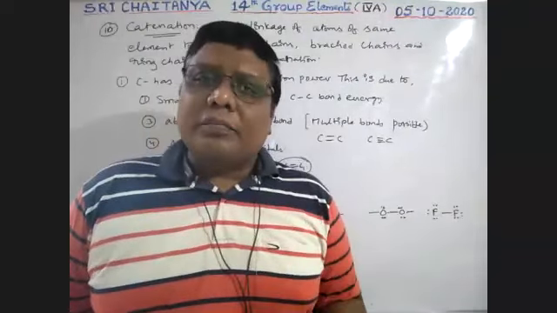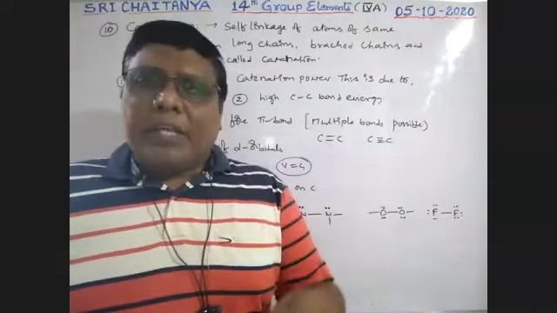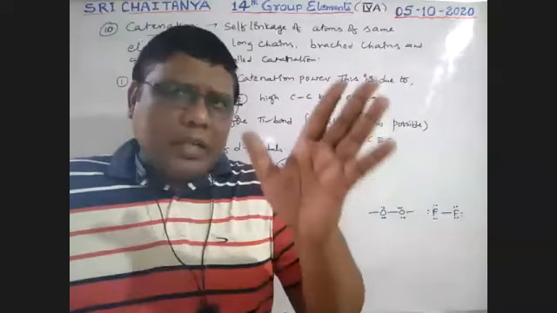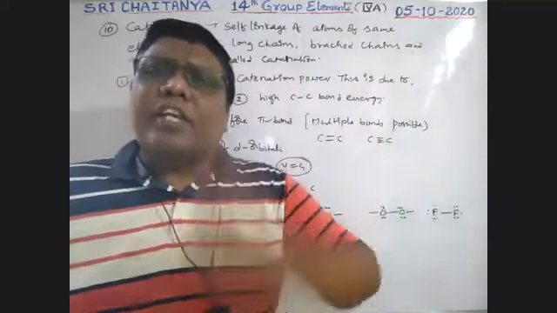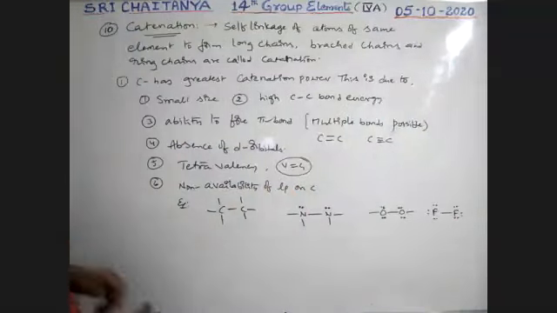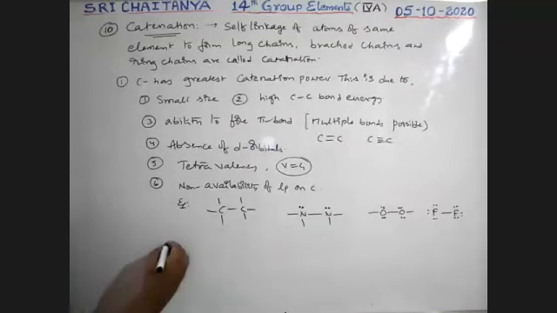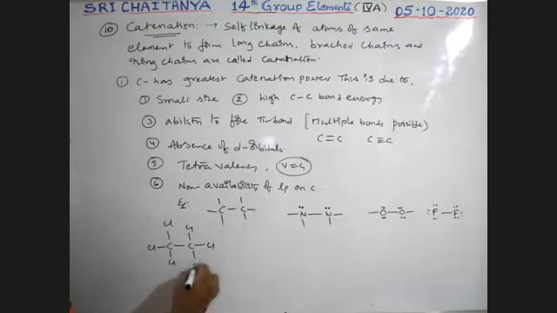Next, at the same time, why, sir? How are these d orbitals involved? What is the importance of the d orbitals? If d orbitals are there, they may be involved in the reaction. If they are involved in the reaction, that means catalytic power, that means the compound is going to be cut. If no d orbitals are there, its chain is continued. So see here what happened. For example, CCl4. I'm taking C with Cl, Cl, Cl, Cl.